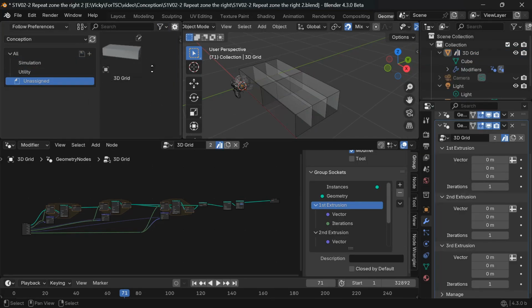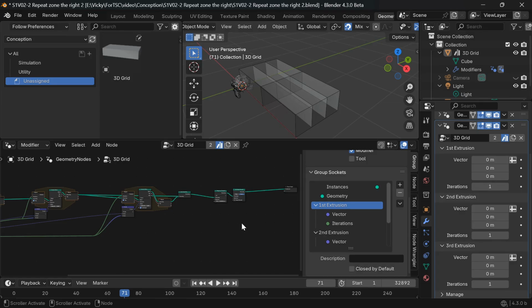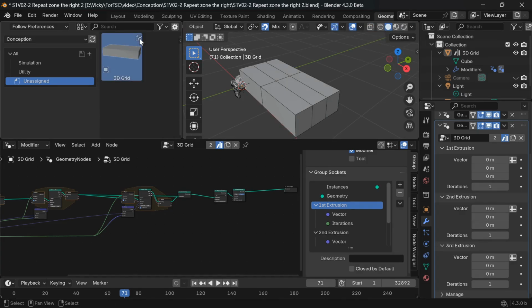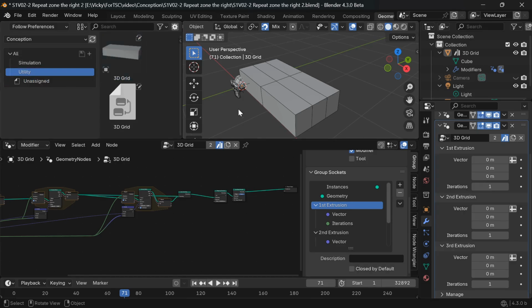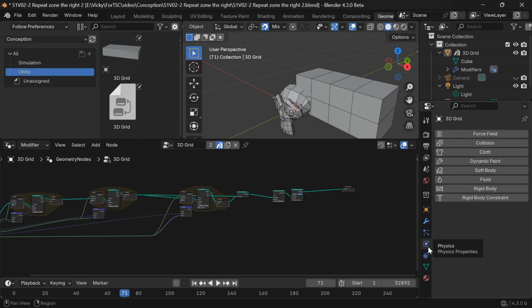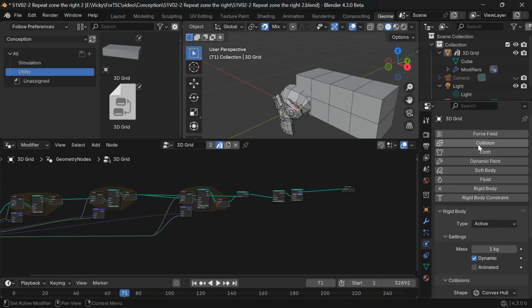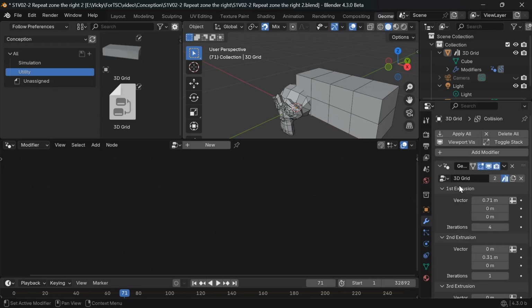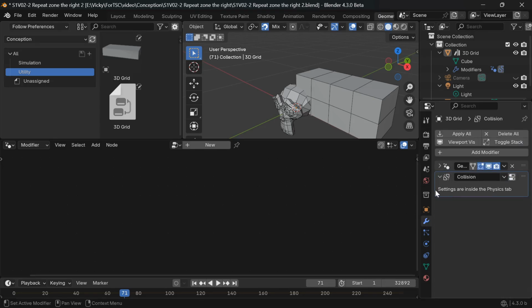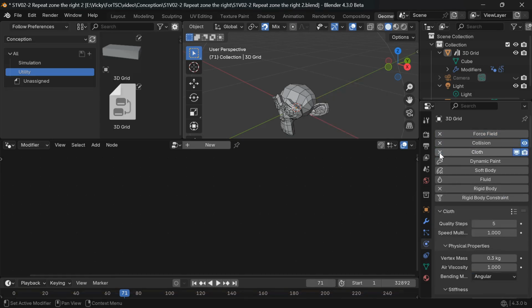That warning leads us to something important: the order of resolution between physics, modifiers, and constraints, and also the cycle dependency. To begin, I add rigid body and collision physics to our object and go back to the modifiers panel. As you can see, some physics are modifiers. Now let's add all physics and go back to the modifiers. This time, the soft body modifier is on top.